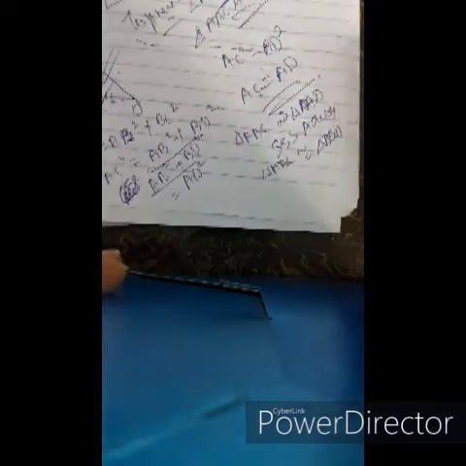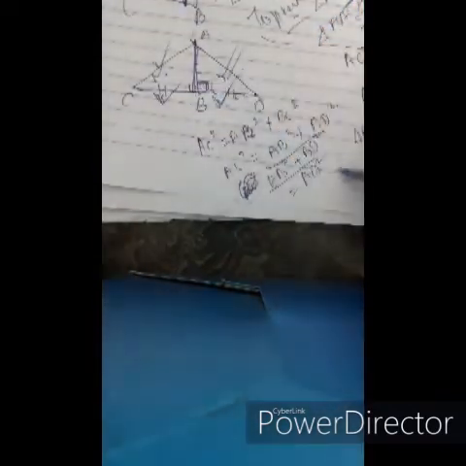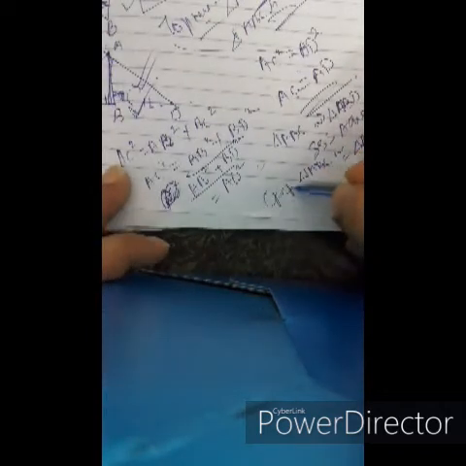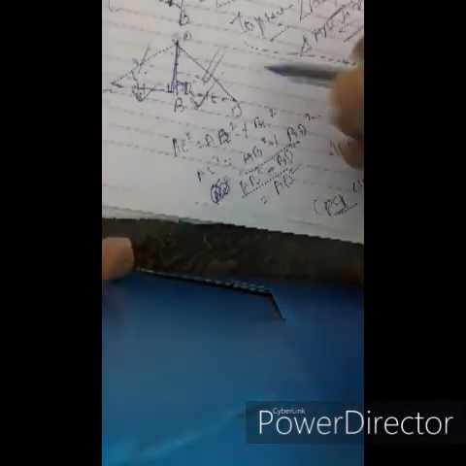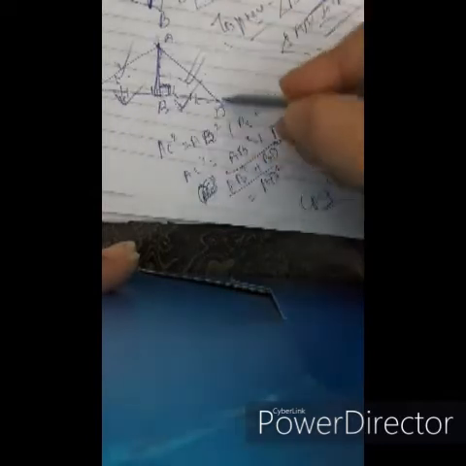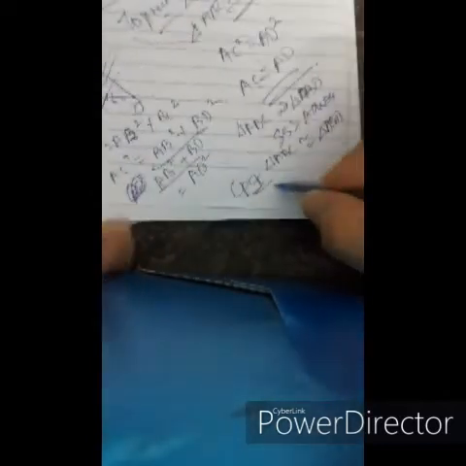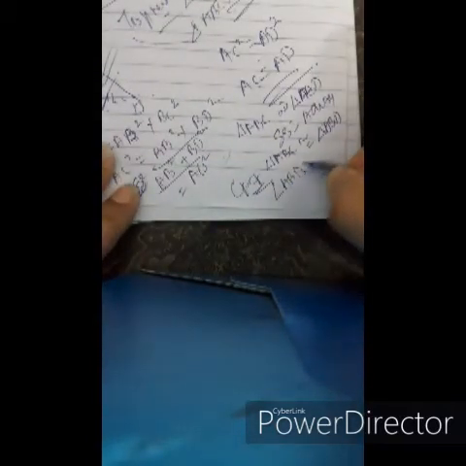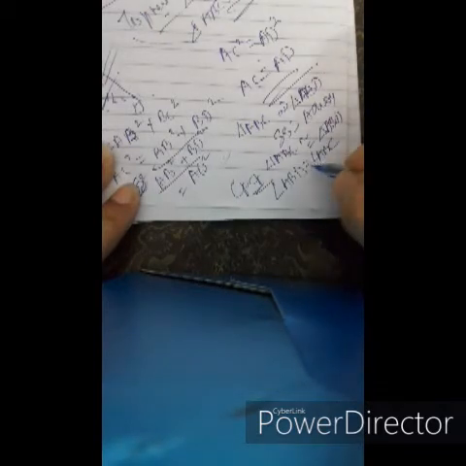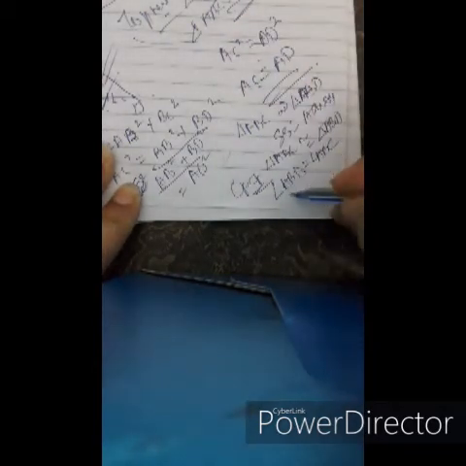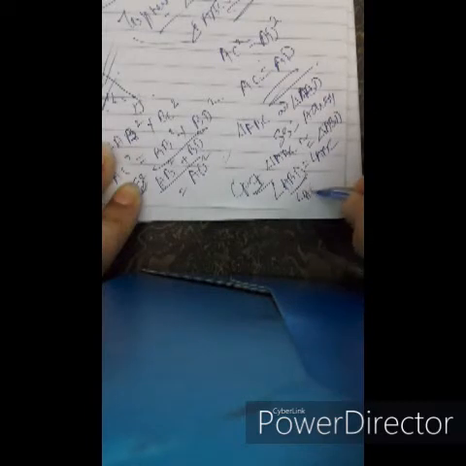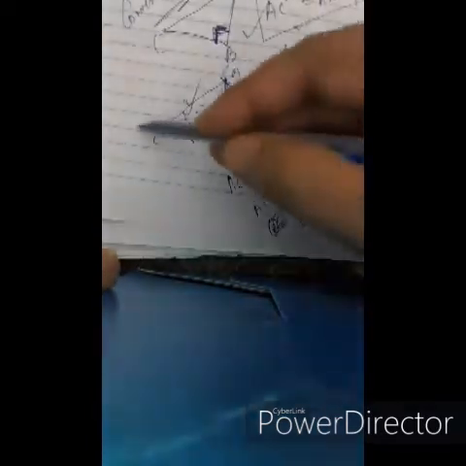Now since both the triangles are congruent, by CPCT, corresponding parts of congruent triangles, angle ABD equals angle ABC. We have angle ABD as 90 degrees, so angle ABC becomes also 90 degrees. Hence triangle ABC is a right angle triangle. It is proved. I hope this converse theorem is clear, the proving part is clear.